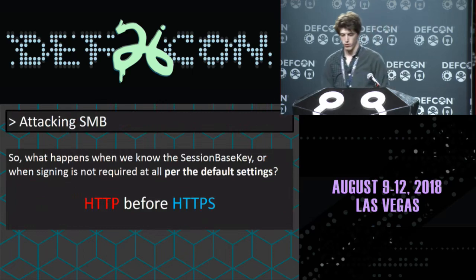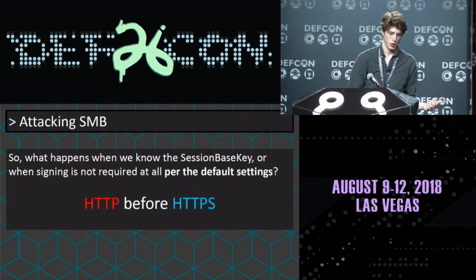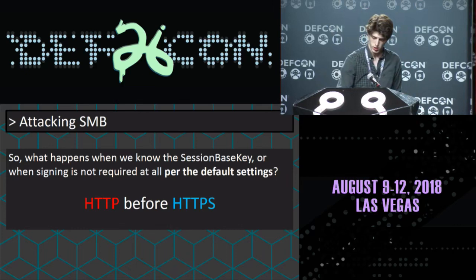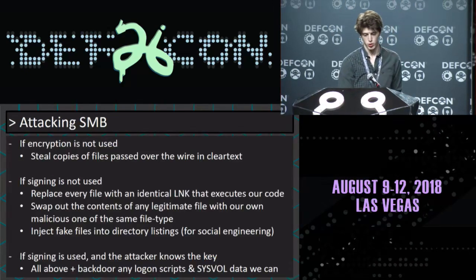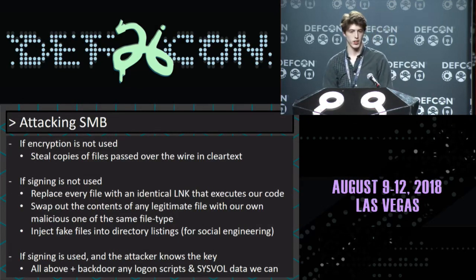So first things first, we just talked about how to break SMB signing keys and how to break signed SMB connections. But when SMB signing isn't used, it's essentially HTTP without HTTPS. If encryption is not used, we can steal copies of files passed over the wire, with or without the keys. And encryption is not used by default. If signing is not used,